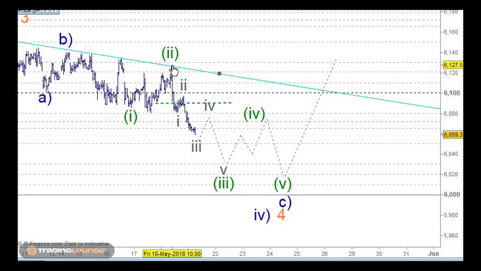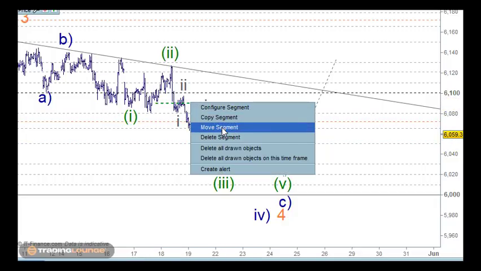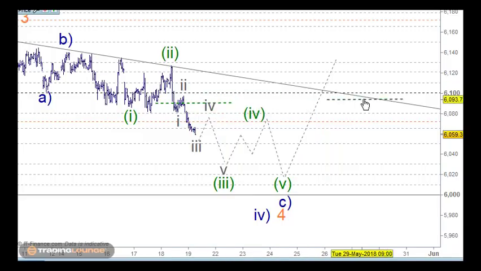This pattern from this high here certainly has 1 and 2 and the 3rd wave coming in. So we still have more to go within here. All I can say at this stage is, if this 6,100 here becomes the support for whatever reasons, then we need to be long from that point. That's the point where I'd be wrong. So while we're under that, we need to work this lower through here.